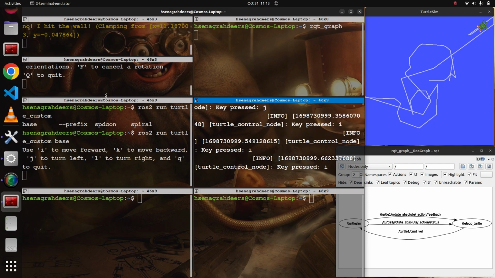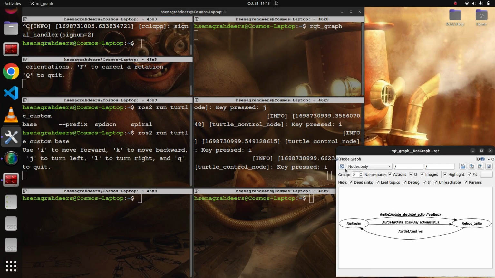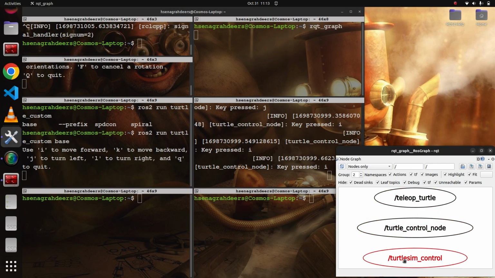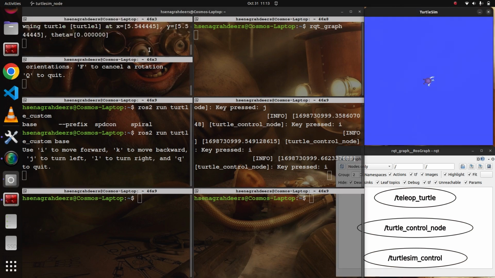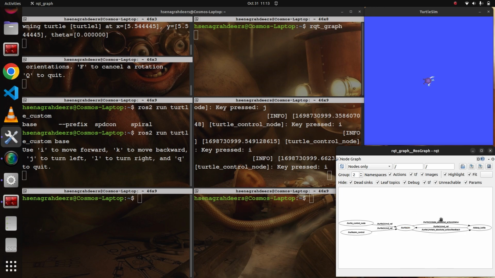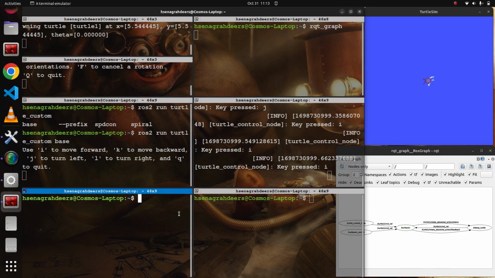All this is fine. I'll just restart my turtle node here to clean up the screen a little bit. So Control C. If I refresh my RQT graph here, there are 3 nodes running, but the turtle node has disappeared. But let's run it again. And if you refresh it, you can see a whole bunch of stuff going on here. Okay, I have one more node, right? The spiral node. ros2 run turtle custom